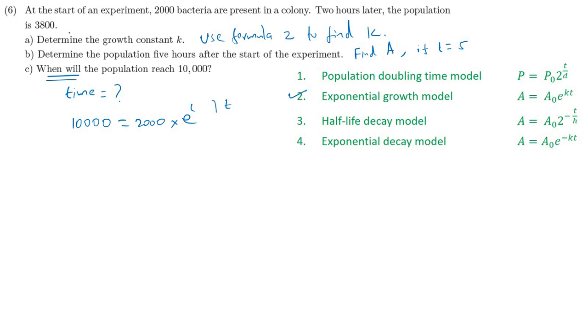Please note that when you do this problem, in 2 hours the population is this one. That means when you find k, the a value given is 3800. Note that. Don't think how a value will be 3800 here. Here a value is 10,000. It's not like that one. To find k value, when you read the problem, the story comes like that one.